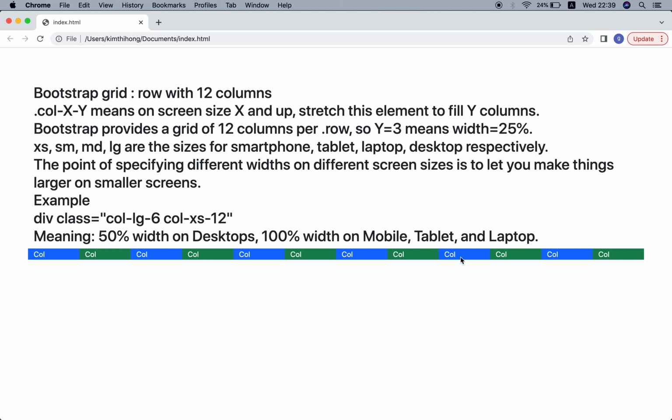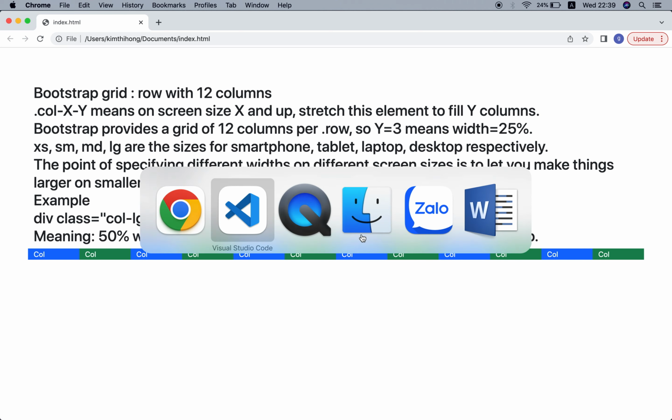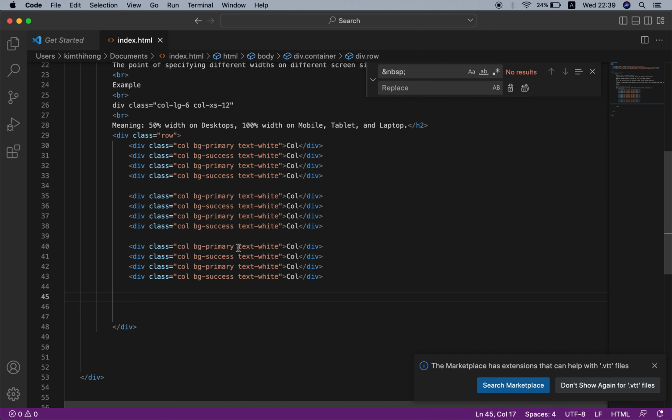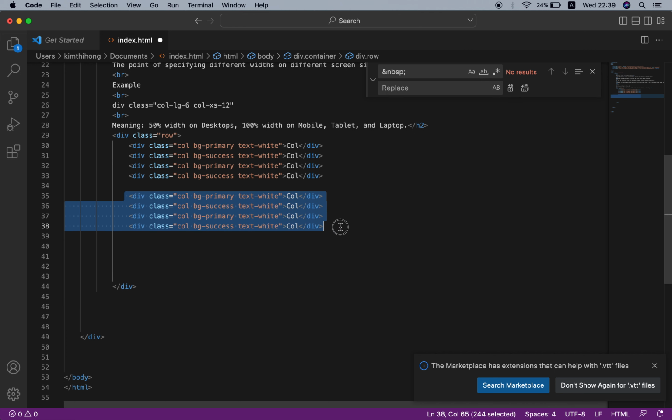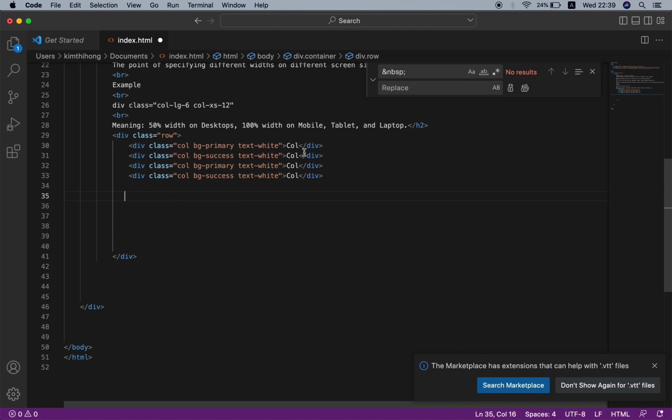Now we can have columns with equal width, or if you would like to have each column with a different width size, you can use another way, such as we use 4 columns but with different width sizes.